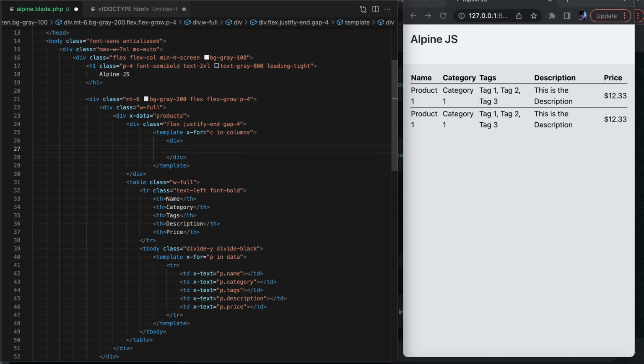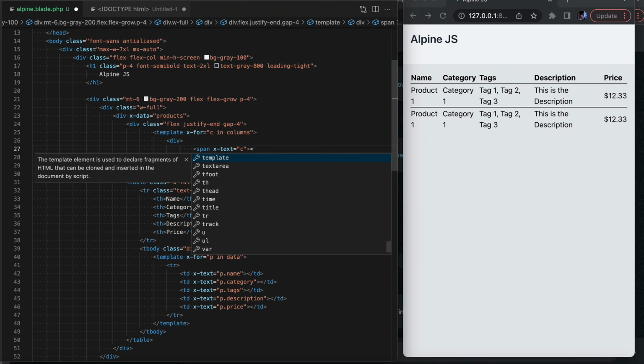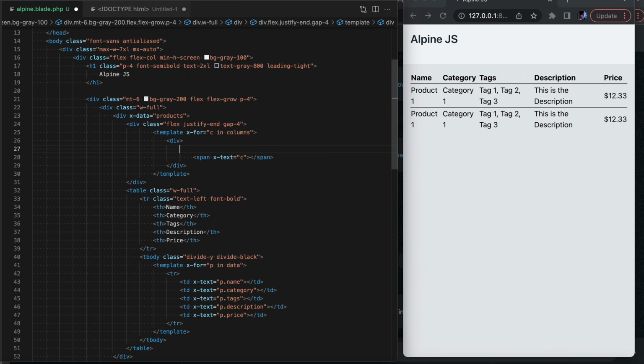So within this div, I'm going to use the span tag and use the x-text directive to display the columns. And another thing that I'm going to have is a checkbox, so I'll have input type as checkbox. And then I'm going to use x-model for two-way binding, and I'm going to link it to the selectedColumns.